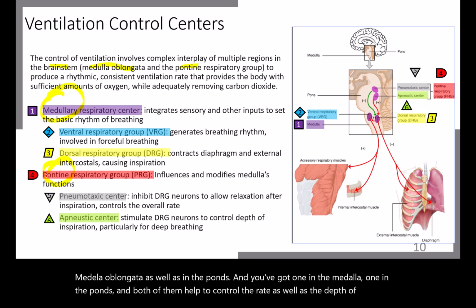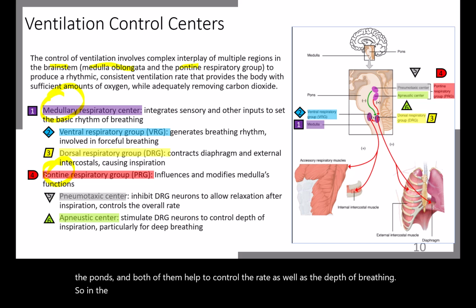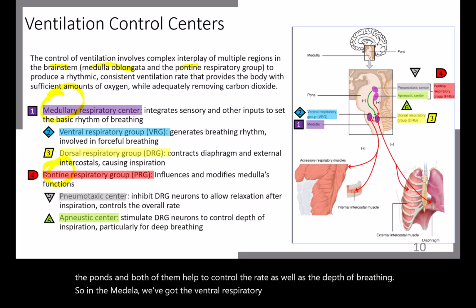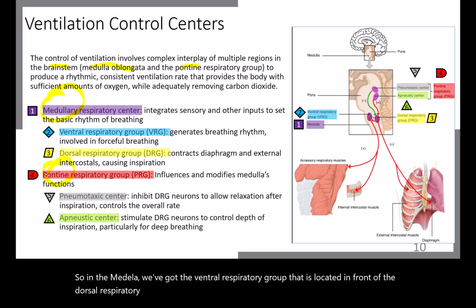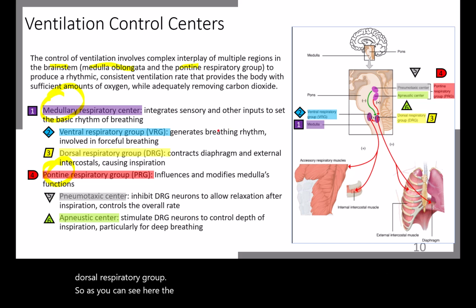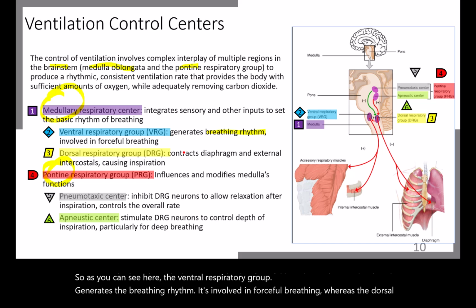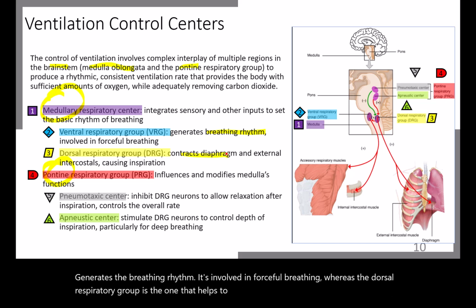So in the medulla, we've got the ventral respiratory group that is located in front of the dorsal respiratory group. So as you can see here, the ventral respiratory group generates the breathing rhythm. It's involved in forceful breathing,